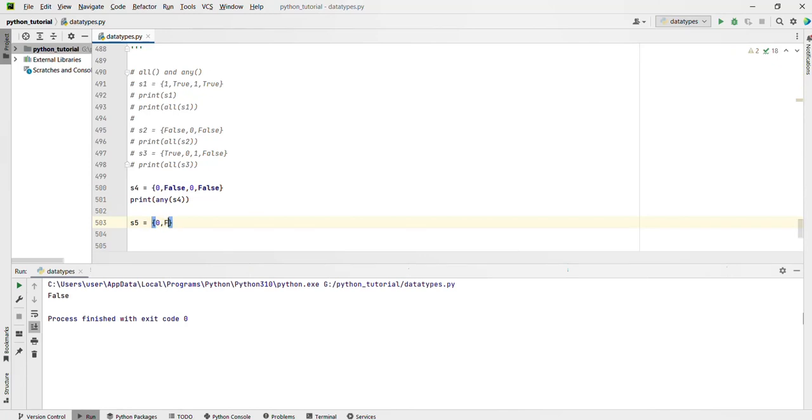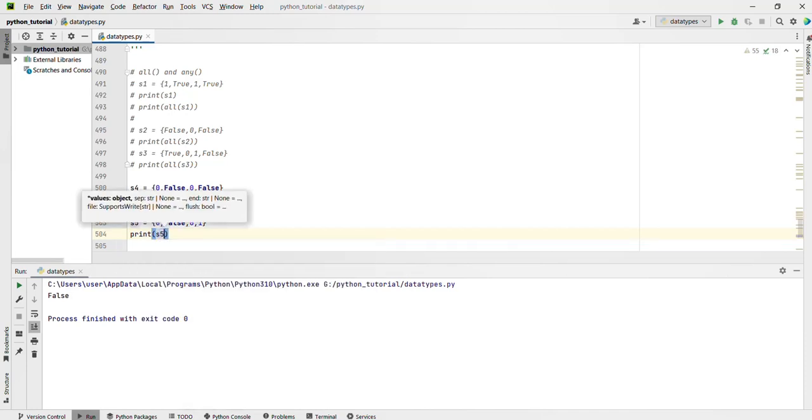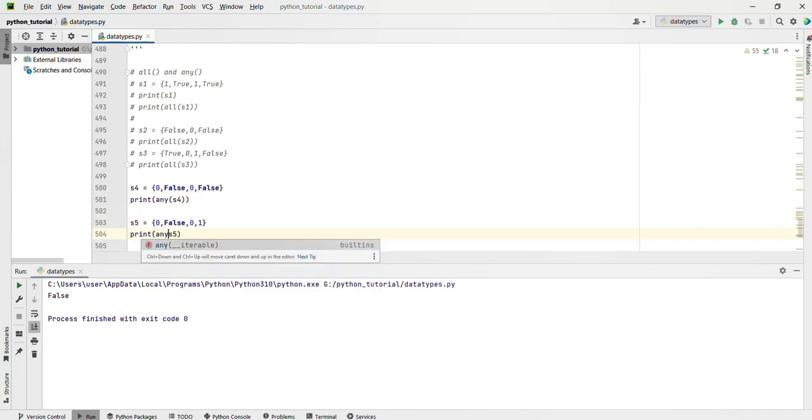0, false, 0, 1. In this case, print s5. Here also three items are false values, only one is true. In this case, any of s5,